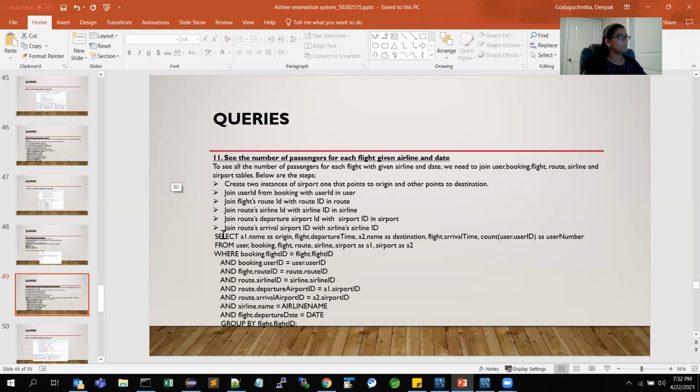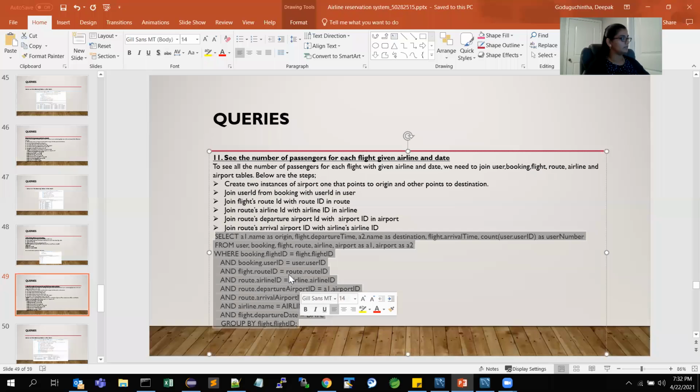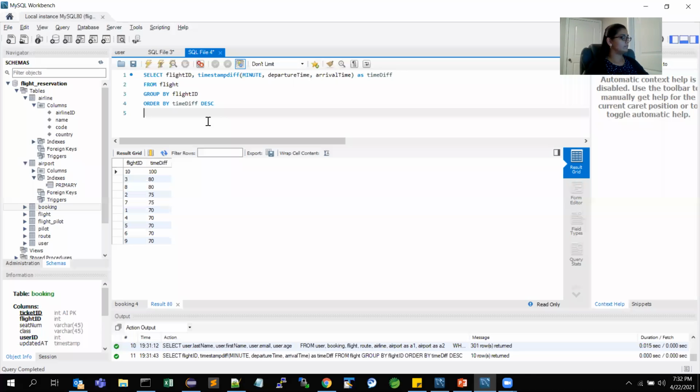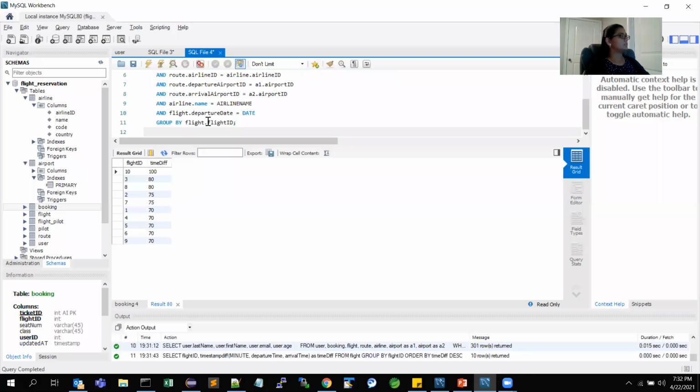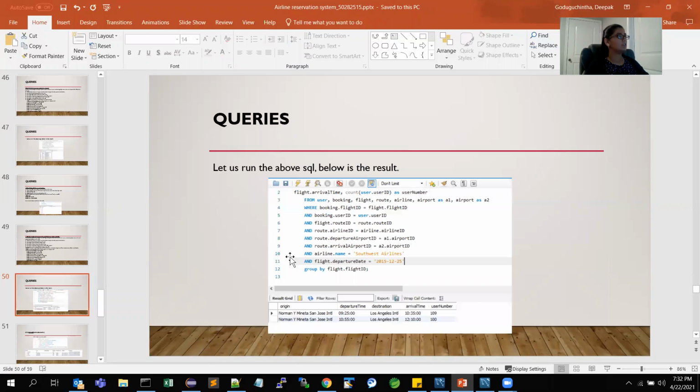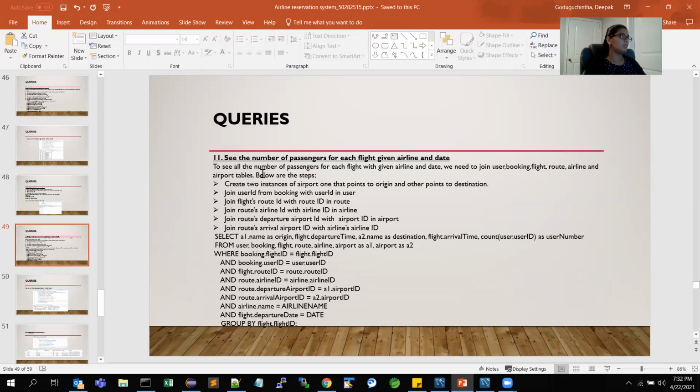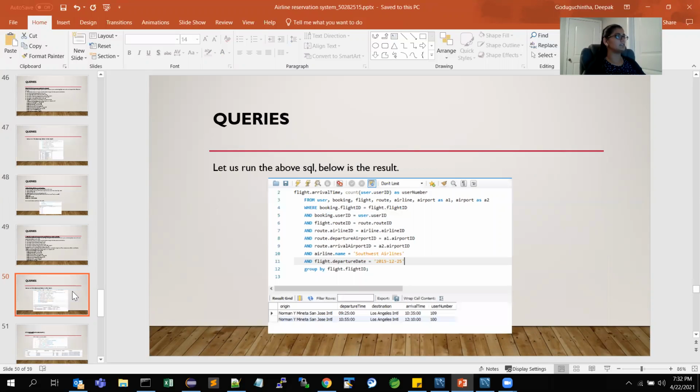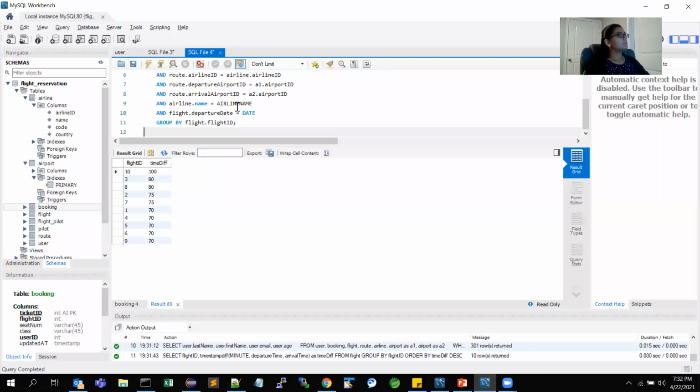The last query is to see the number of passengers for each flight given airline and date. So now let's give the airline and date and see the number of passengers. I'm giving the airline as Southwest Airlines.